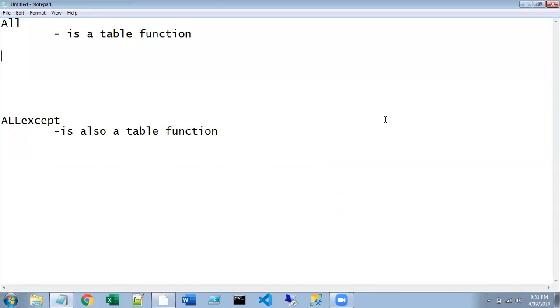You can pass a whole table as a parameter, or you can pass a few columns from a table.